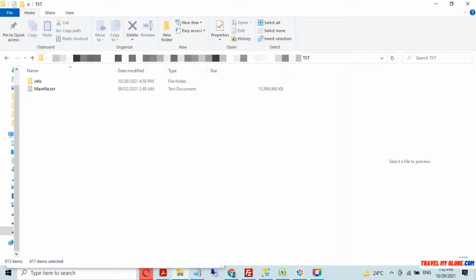Now if you try to open this file in any out-of-the-box editor available in Windows, like Notepad, Notepad++, a Visual Studio editor, a Word editor, or any editor, it will not open and your computer will hang because these editors are not able to handle this size. This file is 15 GB in size, so if you open it in a Windows editor, it will not open.